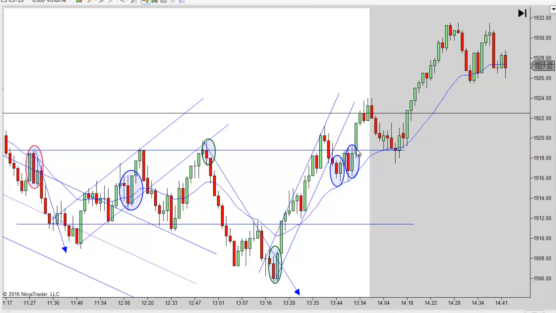And that's a quick move. And you can see that once it broke out there, it moved real quickly. And that got you in the 2 o'clock hour. There is a second entry long right here. But